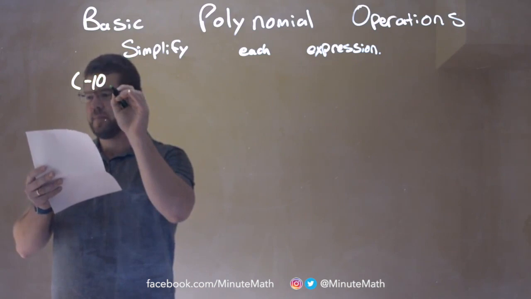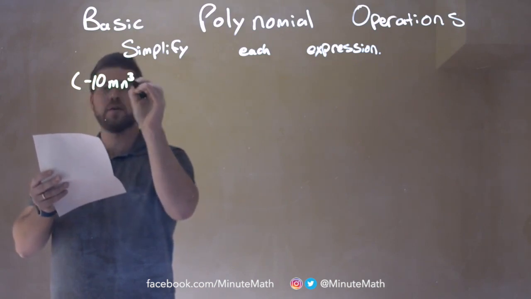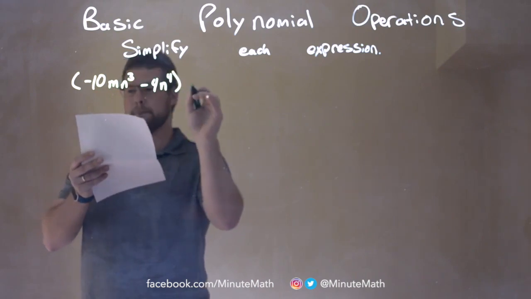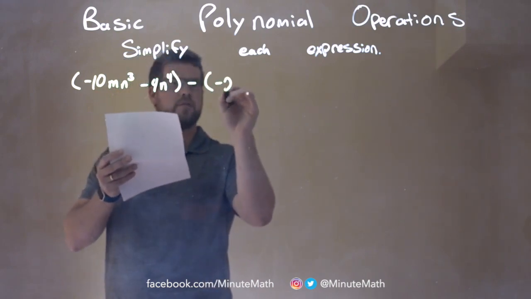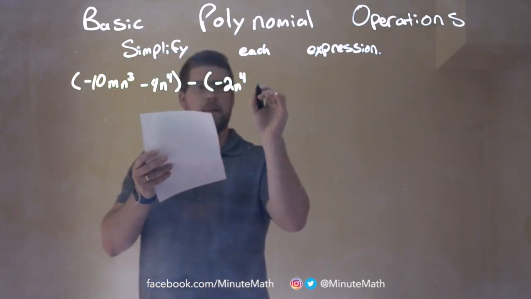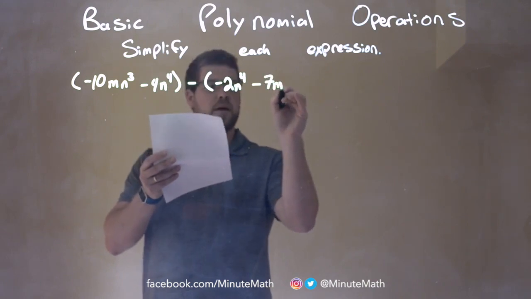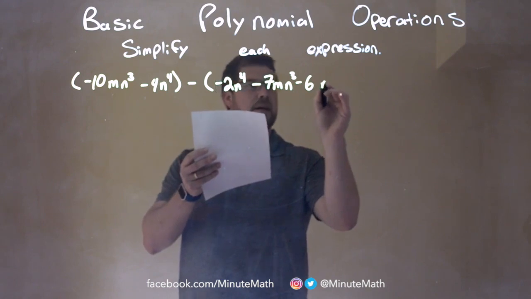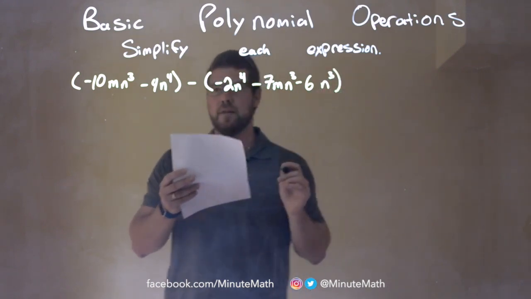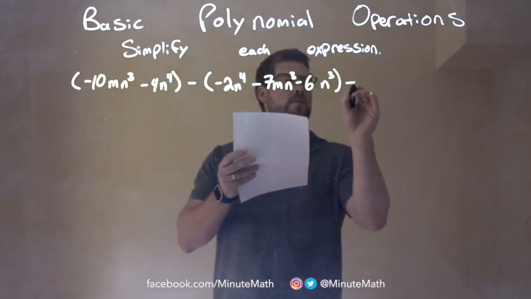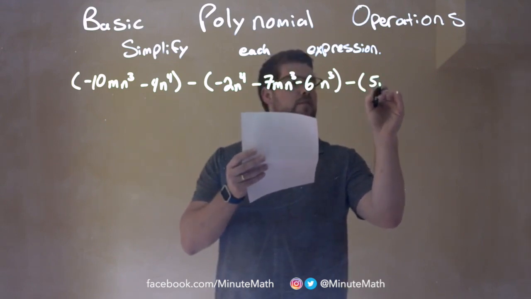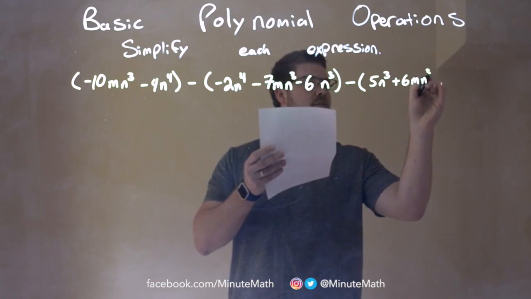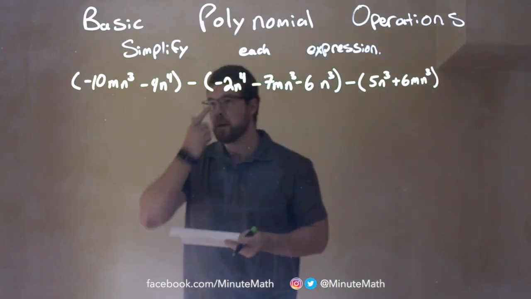Negative 10m n to the third minus 4n to the fourth power minus negative 2n to the fourth minus 7m n to the third minus 6n to the third power, and that's one other parenthesis. Subtract my last parenthesis, 5n to the third plus 6mn to the third power. Okay, well,